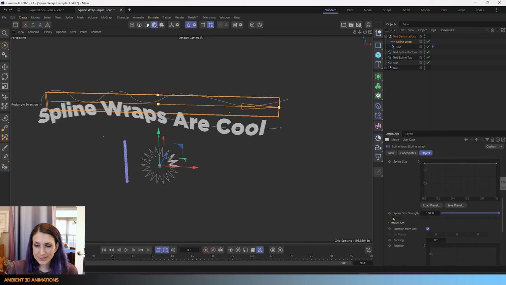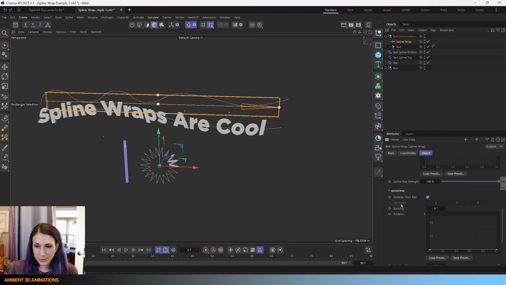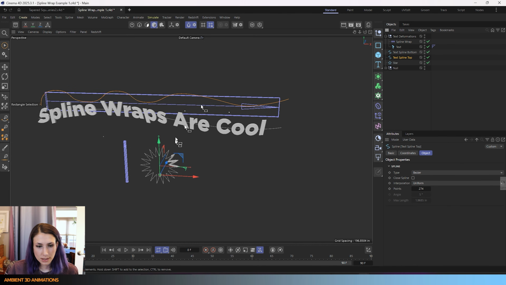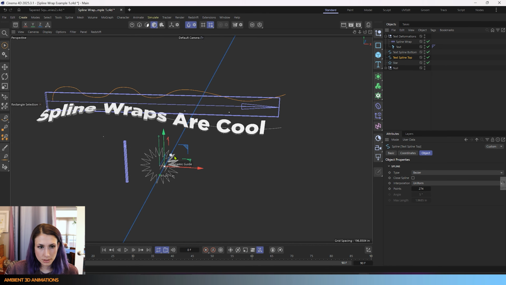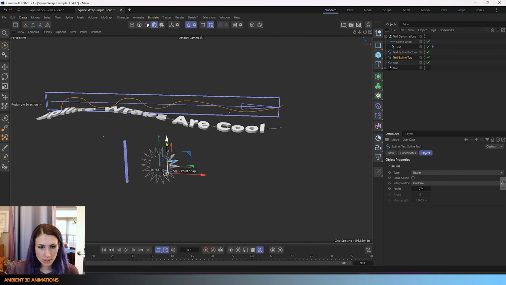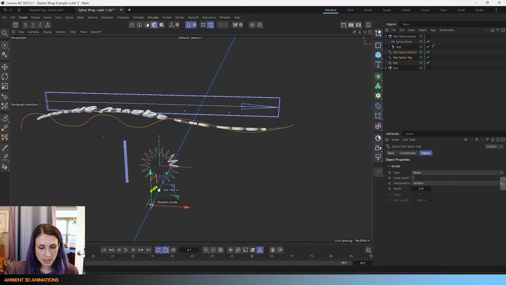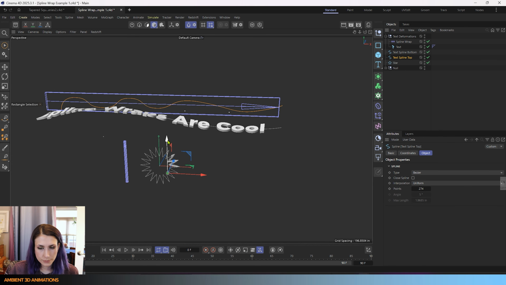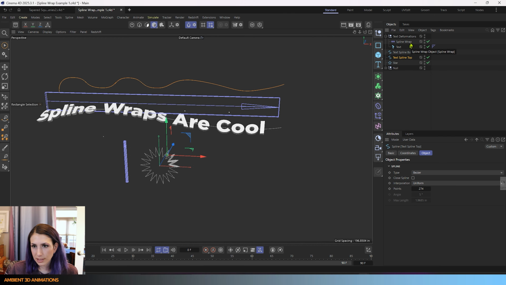So if we go into rotation, we have rotation from rail. So again, we could use the rotation from the rail, and I could move this rail around and control the direction of the spline and rotation resulting based on this. So that's pretty cool. We also have the ability